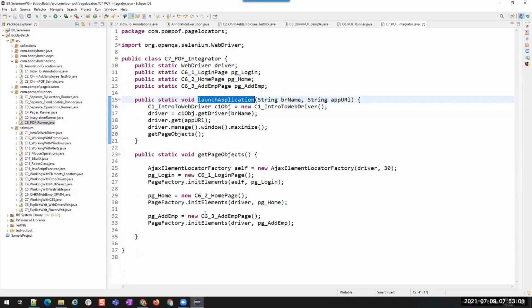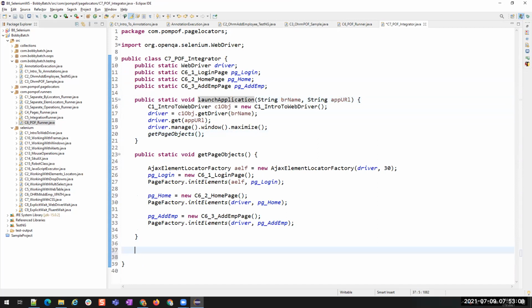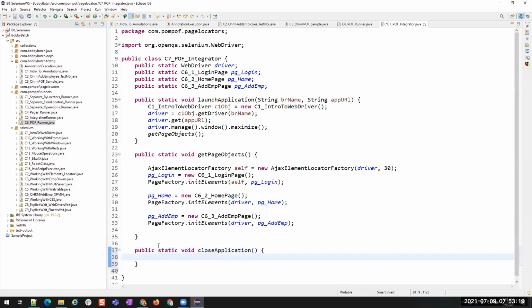So I'll go to this class and create another method. This is the launch application method. I'll create another method, public static void close application. So this is launch application and this is close application. What do we do to close this application?